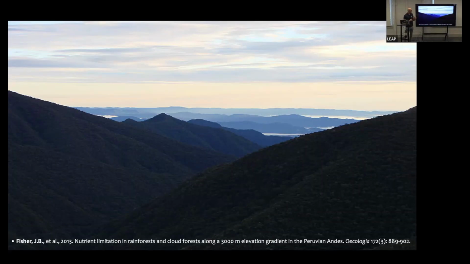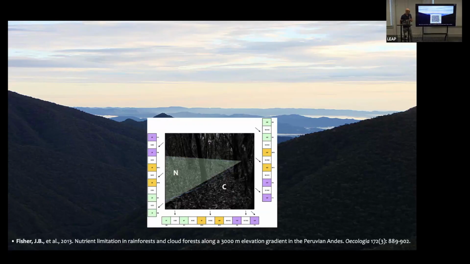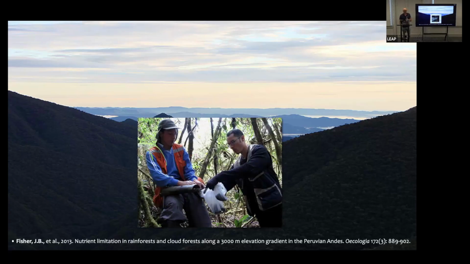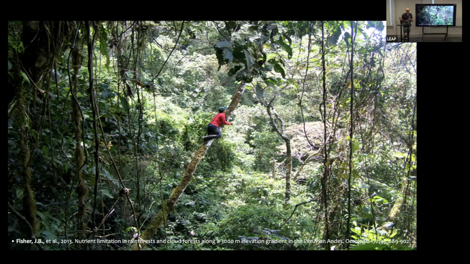And so I also went out and collected data in the Amazon. This is at the top of the Andes, looking out towards the Atlantic across Peru and Brazil, across the Amazon. And I led a nutrient fertilization experiment there for many years, putting down nitrogen and phosphorus and collecting soils and collecting leaves off the face of the Andes, which was not easy to do, all in the name of science.